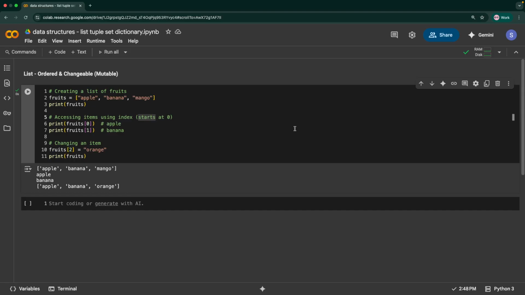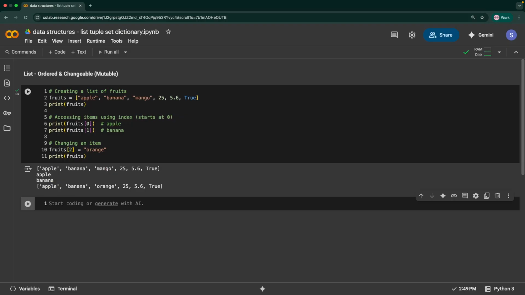And the other one is you can have a combination of data types as well. It's not like we can only have strings. All these three values are strings, right? It's not like that. You can also have a floating point value. You can also have an integer value within this. Let's say I'm creating a list which also has an integer value, and let's say a floating point value. It can also have a boolean value as well. So it can have multiple data types. It's not like it should only contain strings and all that. So for now I'll remove it, but that's the idea of this. It can support multiple data types at once.